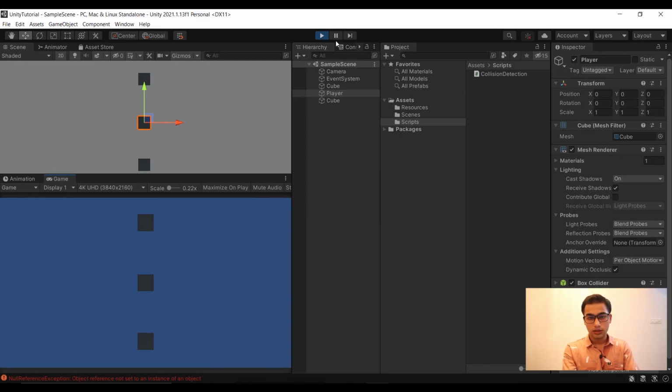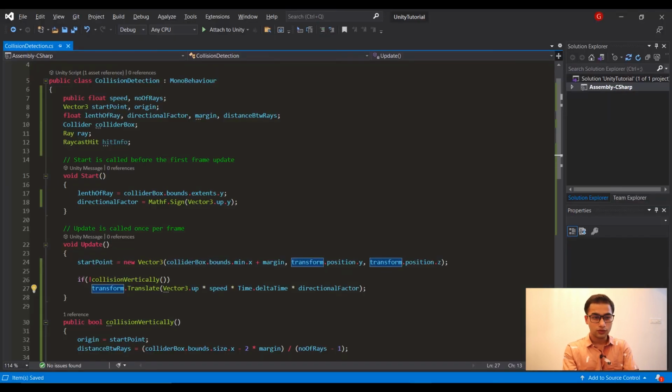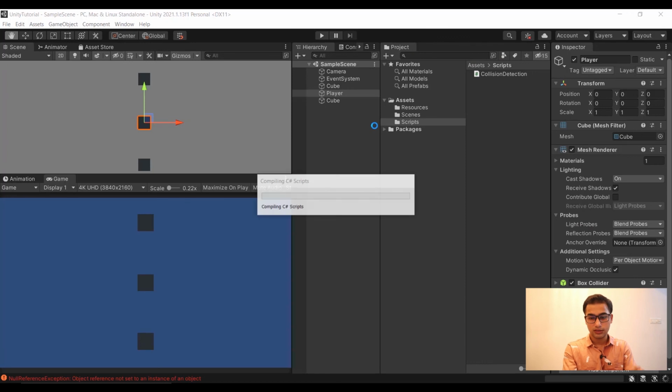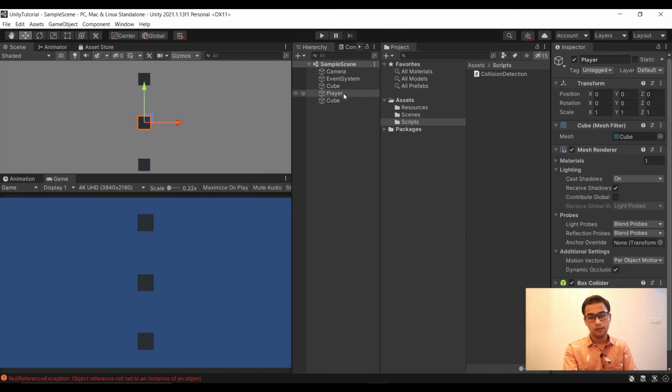Okay, I forgot to make this collider public so that we can give the reference of our player's collider. Now I'm assigning this.